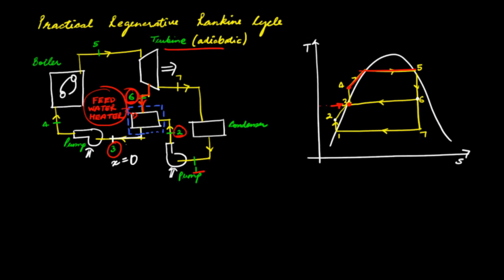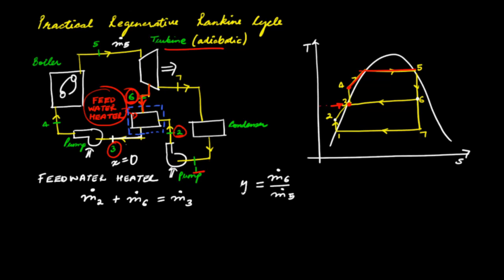So if we consider this control volume in blue color, first we'll apply the principle of conservation of mass. The inlet to this feed water heater is from 2 and 6, so m dot 2 plus m dot 6 is equal to the mass flow rate at the exit, that is m dot 3 for the feed water heater. Now let's say that at the inlet of the turbine the mass flow rate was m dot 5, and let's say that